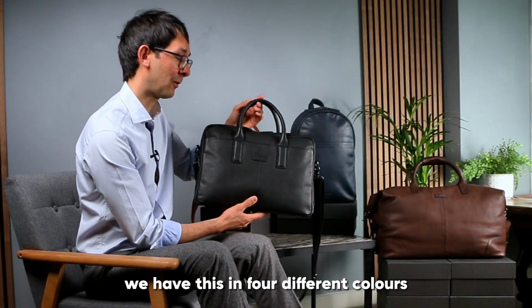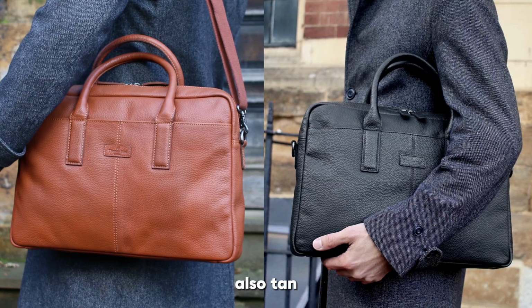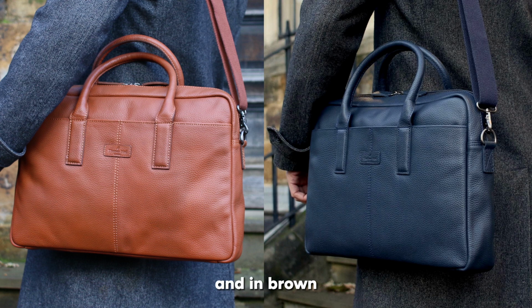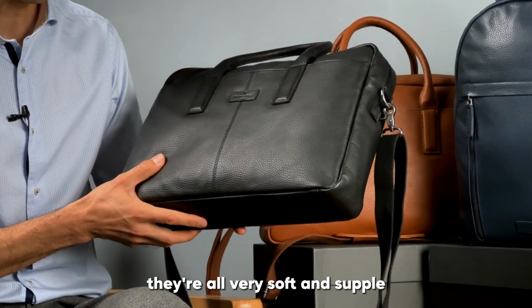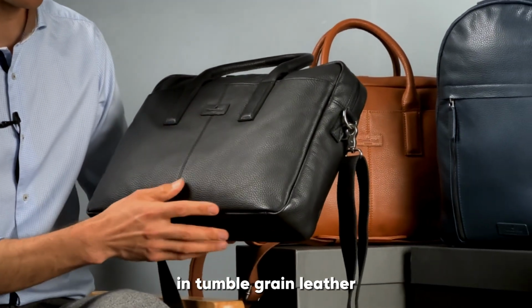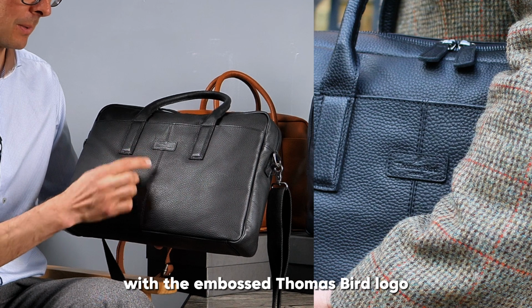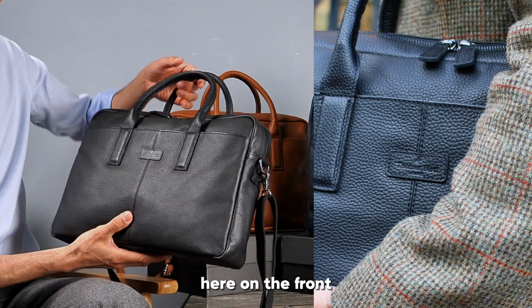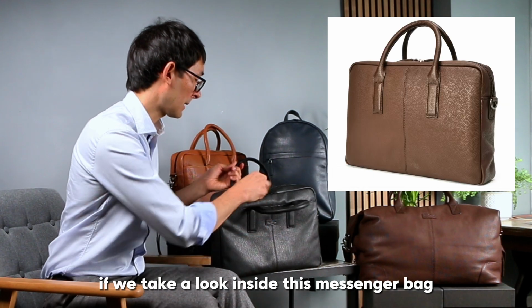We have this in 4 different colours, here in black, also tan, in blue and in brown. They're all very soft and supple in tumble grain leather with the embossed Thomas Bird logo here on the front. If we take a look inside this messenger bag,